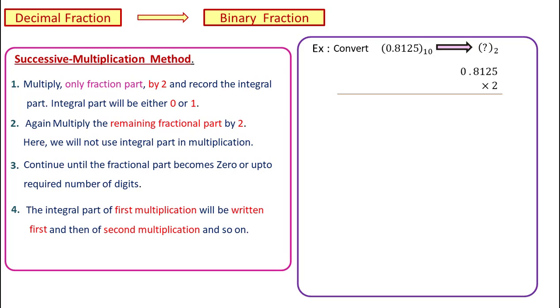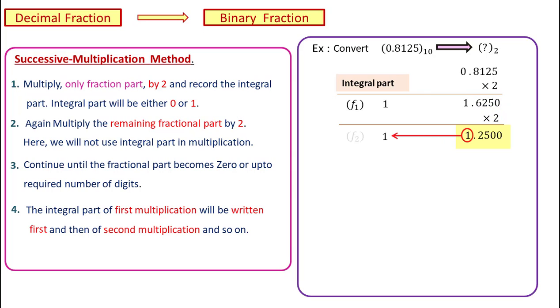On multiplication, we get 1 as an integral part. Now, we multiply the fractional part, 6250, by 2 again, and on multiplication we get 1 as an integral part and the fractional part becomes